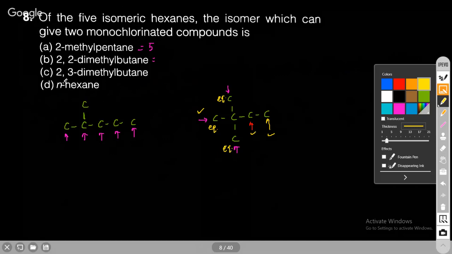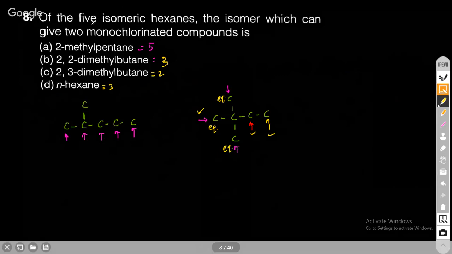N-hexane, if you have, then again we will get 3. N-hexane also, here also we will get 3, here we will get 2, and here we will get 3, right? So this kind of calculation is also important, because they can ask this question: which one of these molecules gives the maximum number of monochlorinated products, or they can also ask the minimum number of monochlorinated products, right? So that's why this calculation is also important. The correct answer for this question is option C. Next,